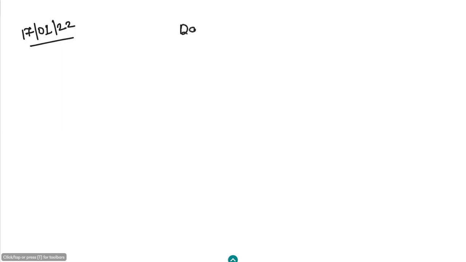Data frame using list as well as dictionary. Okay,